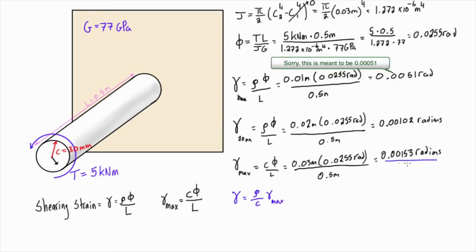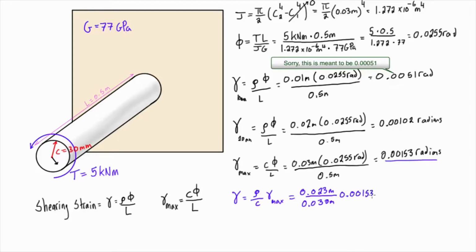Then we can use that to just plug in to find out what the shearing strain would be at any distance from the axis here. So let's just take a random distance, let's say 23 millimeters away from the center. We'd plug that in here as rho, so 0.023 meters over C here, which was 0.030 meters. And then we'd multiply that by our max shearing strain, which is